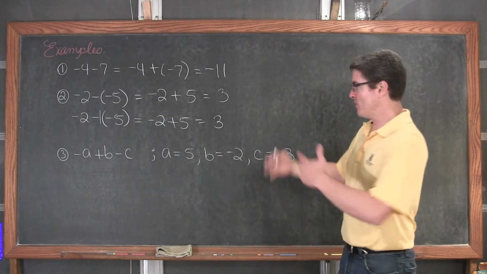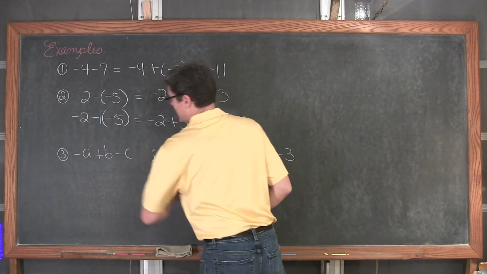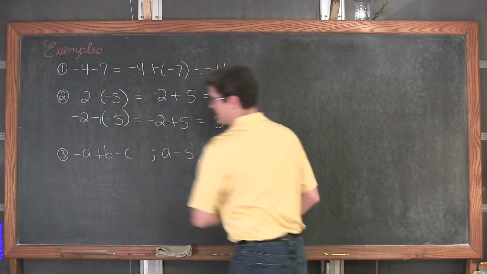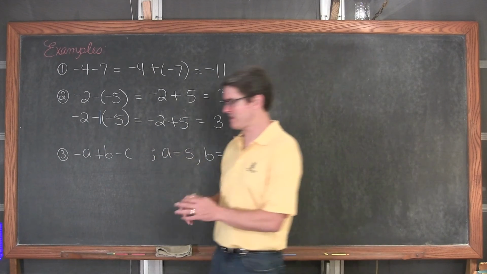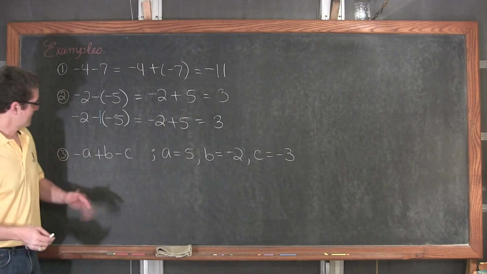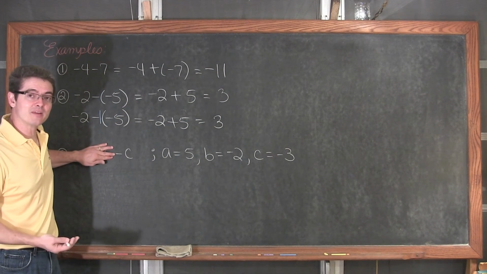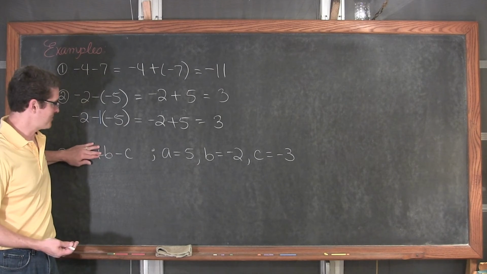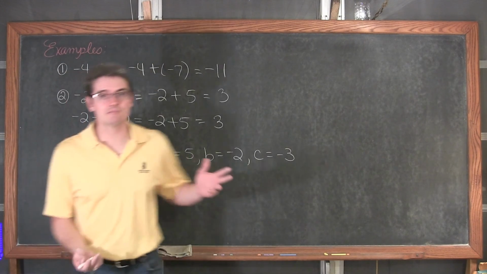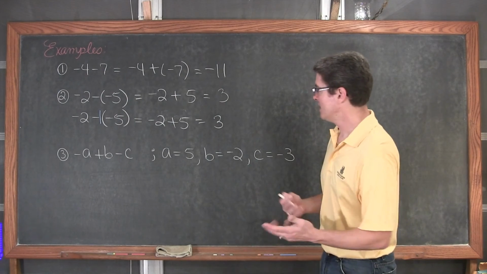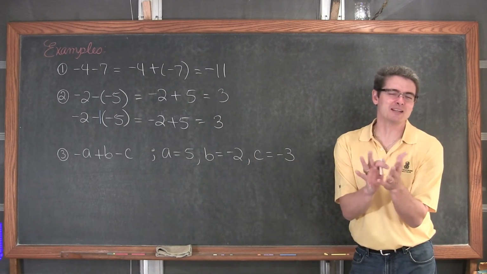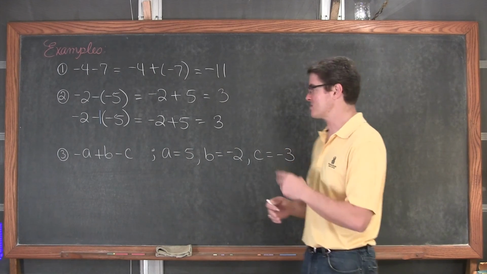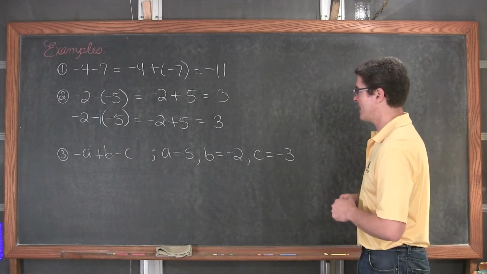Now for our last example, we have an expression. We have negative a plus b minus c. Now again, I said negative a, and then here I said minus c. If I covered this up, I would read that as negative c. With something in front, I'm going to say minus. You have a negative key and a minus key on your calculator, and they're not really technically the same thing, but I interchange them in classes I'm teaching.